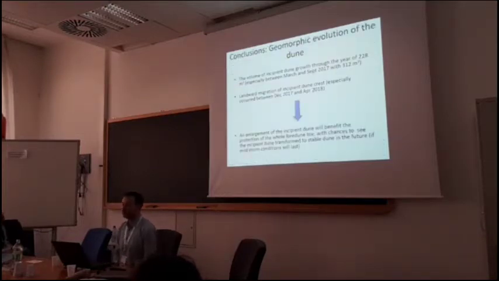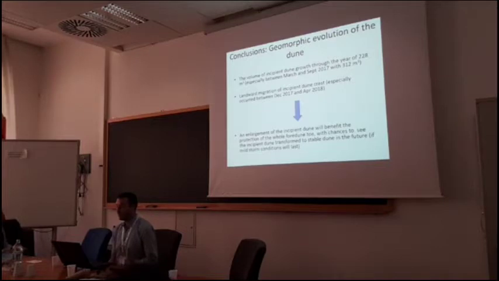So concluding, we detect, thanks to an off-the-shelf UAV system, a volume increase of the incipient dune, which was overall about more than 200 cubic meters, especially in the first period. And also we detect a landward migration of the incipient dune crest, which is very important for the dune stabilization